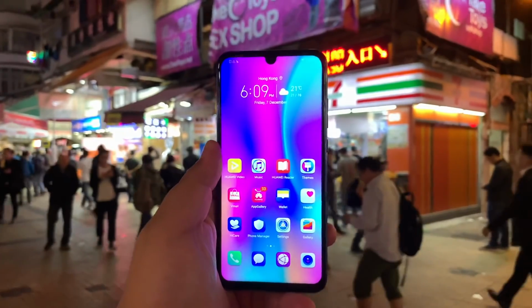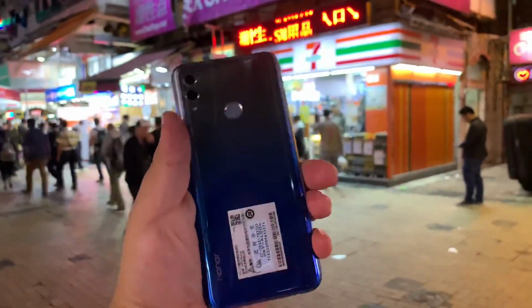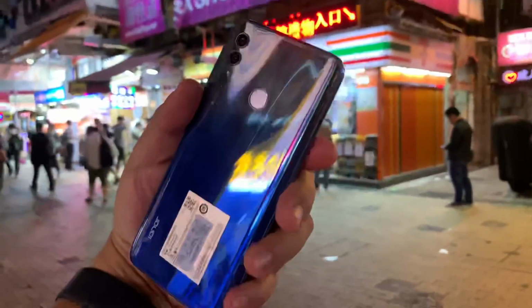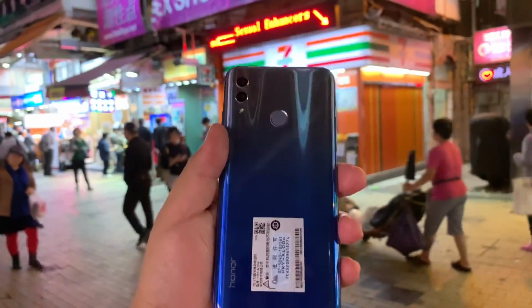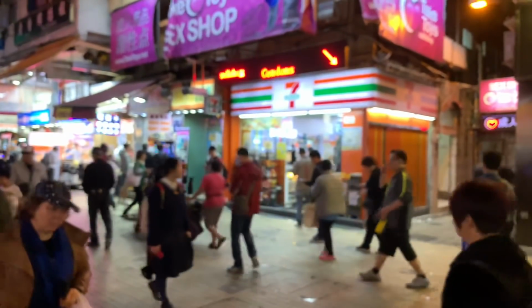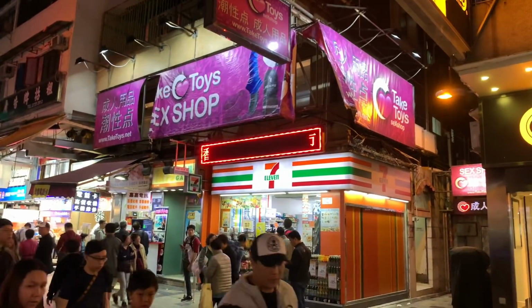Now, gotta say, this phone upon first look is stunning, and not for the display right here. I'm talking about this back. Look at that right there. And this has got a really unique back. It's kind of a two-tone gradient back right there. It is looking very interesting indeed. Now, some of you guys may not like that kind of two-tone nature, but I think it's pretty cool. And the most interesting thing about it is that it is coming in a number of different